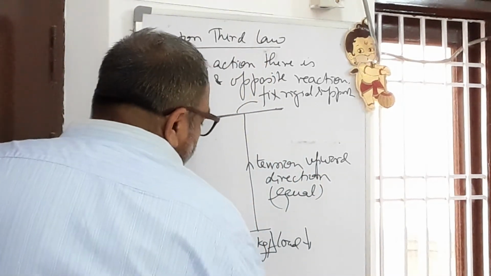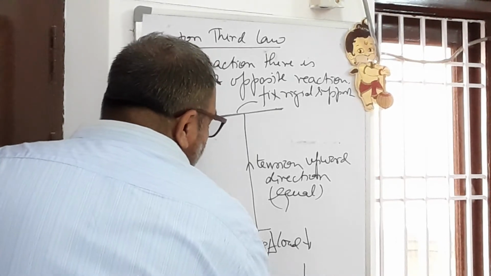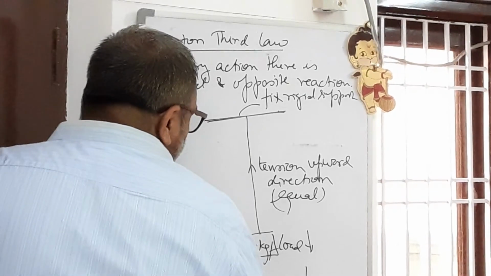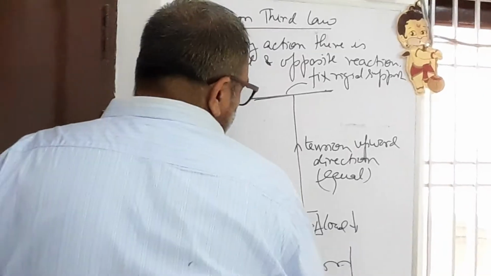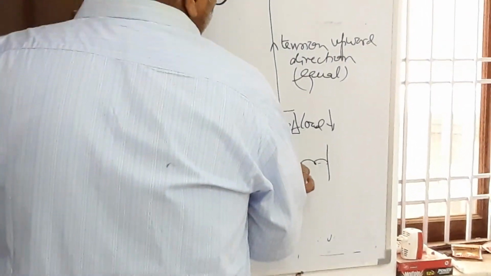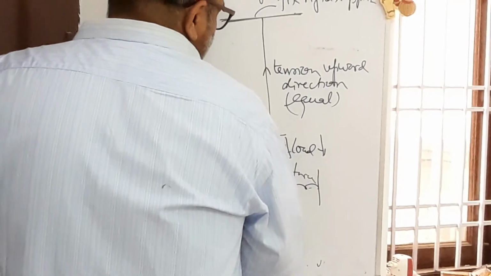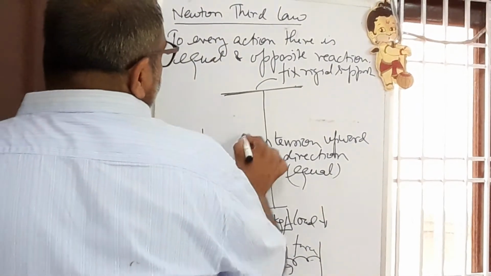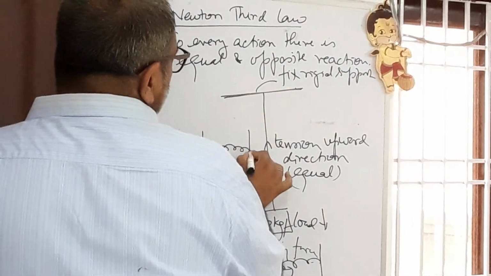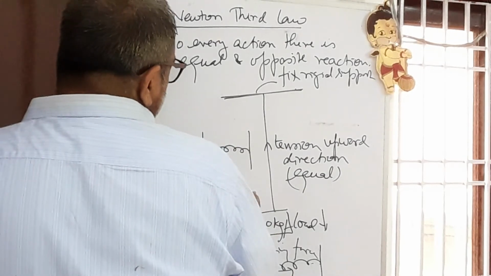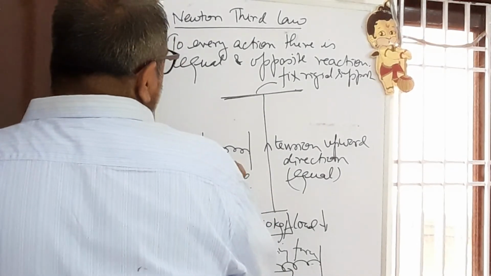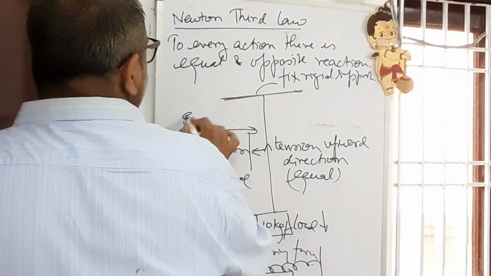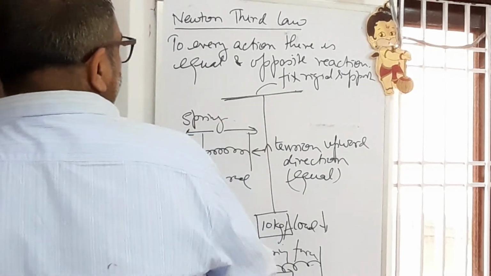I give the example of the spring. I stretch the spring. Here the force is applied in this direction, restoring force. Restoring force acts in opposite direction to bring the body to rest position. If I have compressed the spring, compressed means from both the sides I have applied the force. The spring will exert force in opposite direction. This will be the force by the spring in opposite direction.